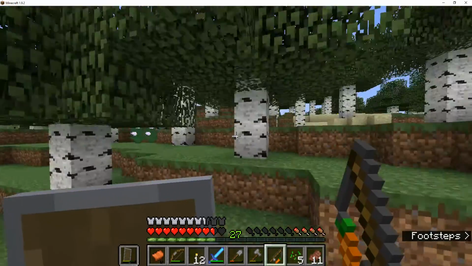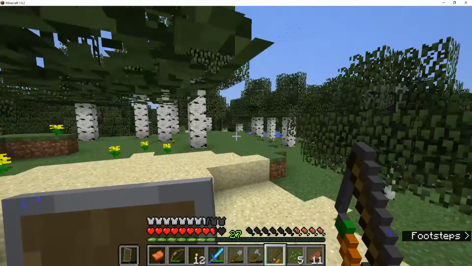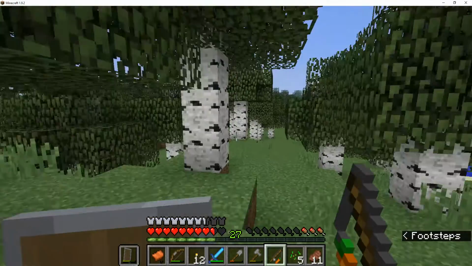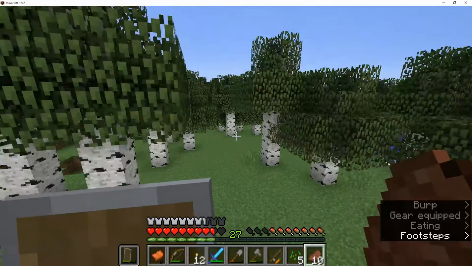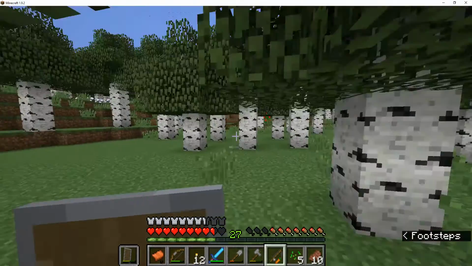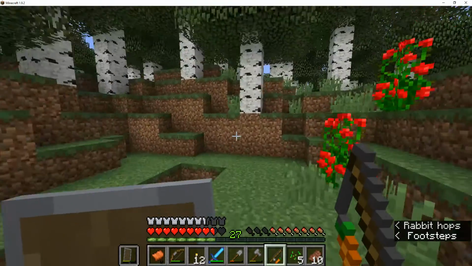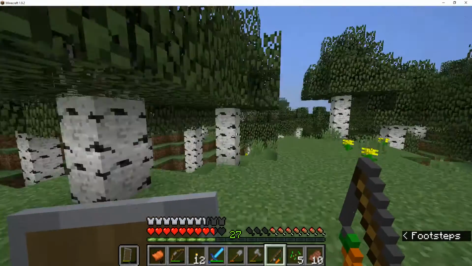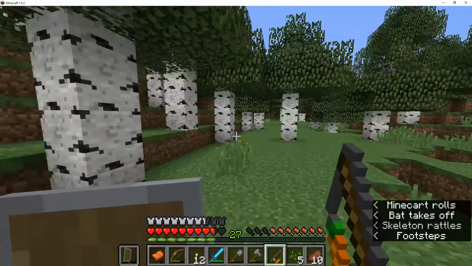So we are back into the forest again for probably the 8th time searching for something that will not come to us in what seems like forever. But when we do find a pig, we'll go ahead and ride it. Or actually, let's not ride it because we might accidentally break the carrot on a stick. We only have one of these because the other carrots haven't grown yet. So, probably just have to lure a pig in